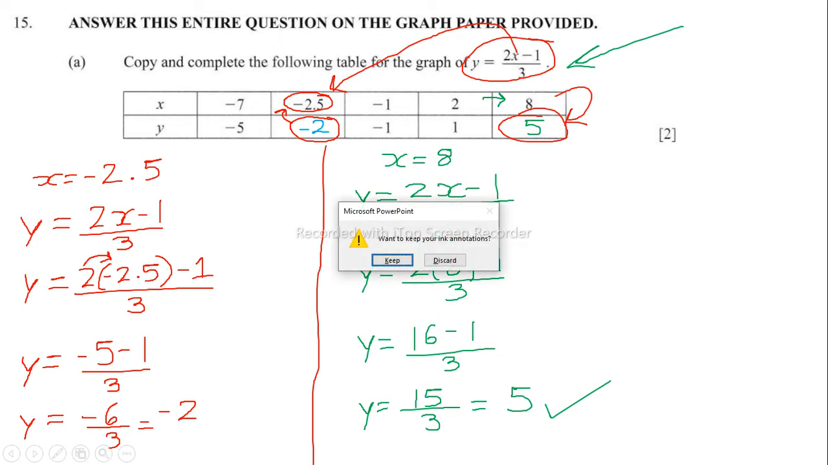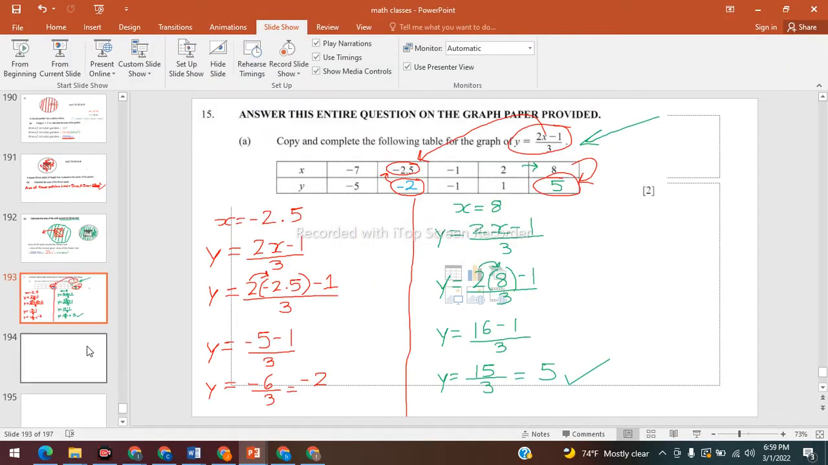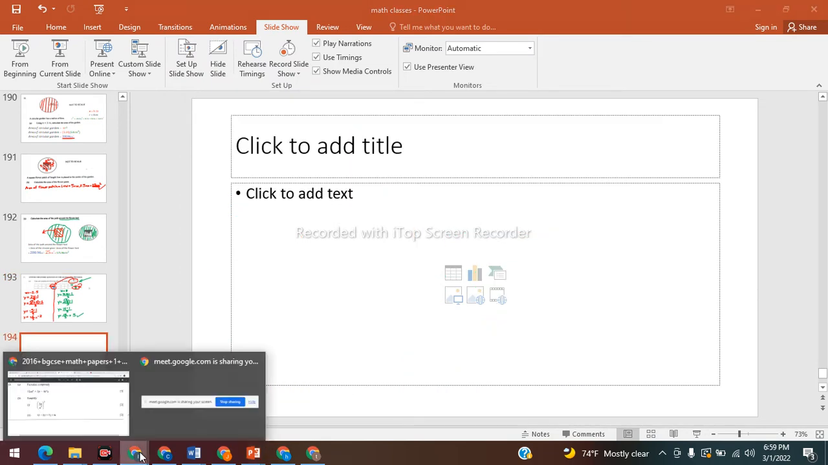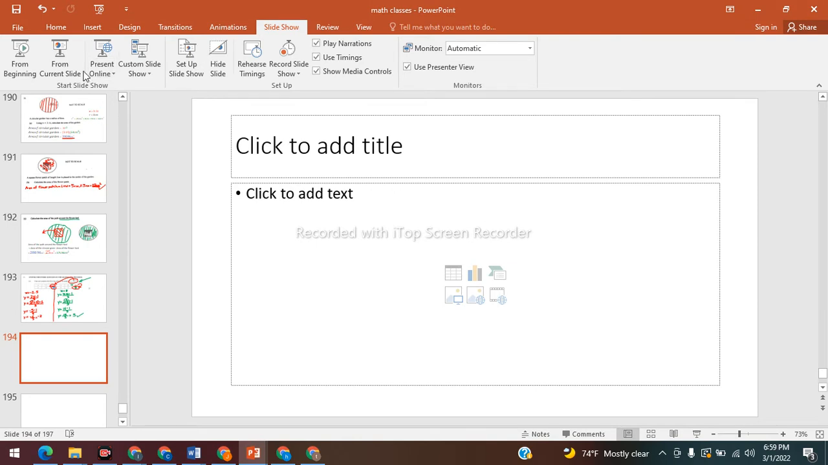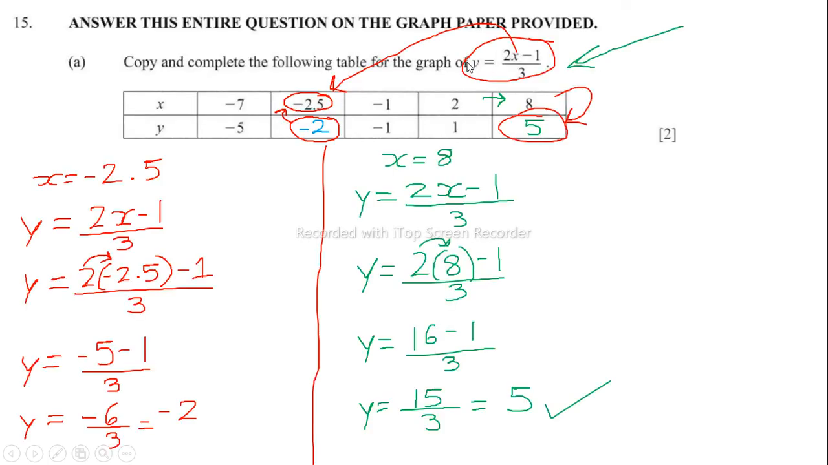So let's get our graph paper and let's graph this. Now, it's important to know automatically what we're going to be graphing. Just by looking at this, I already know how my graph is gonna look. How is my graph gonna look, people? What is this? An equation of